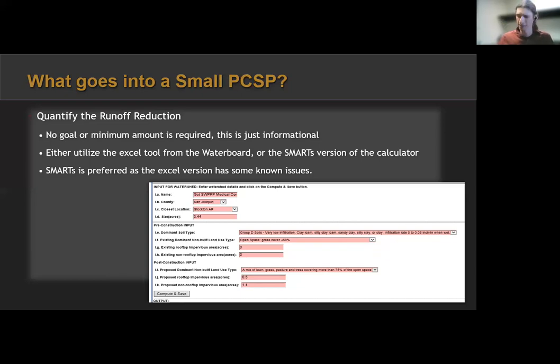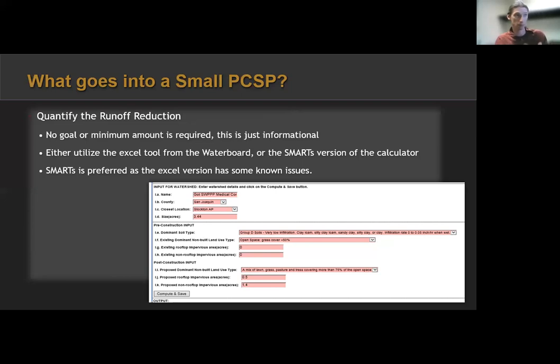While Smarts is a little bit more involved, I prefer to use it because I know it's going to give me better results and more consistent results. Usually the issues with the credits are related to soil quality quantifications. It doesn't quite calculate them correctly, but it's still usable. You can still use it. Jurisdictions will still accept it. I just prefer the digital version, or the Smarts version.